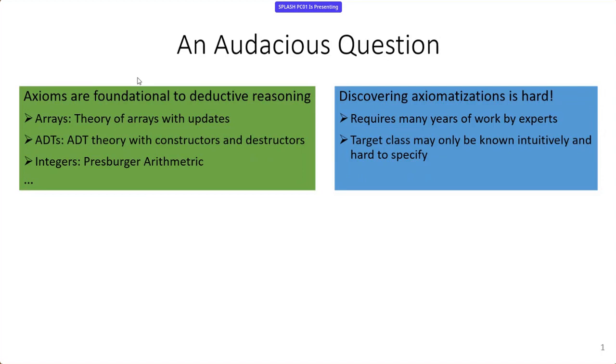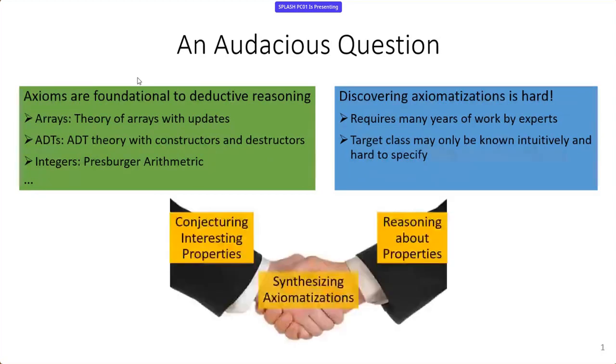But this is actually a very hard job, you see, because if you've tried to create an axiomatization, if you've even tried to learn an axiomatization, you've certainly appreciated the amount of ingenuity that goes into creating one. And your marvel wouldn't be misplaced, right? Because developing axiomatizations requires many years of hard work by many expert logicians. So why is that the case? Let's reflect on that task for a moment.